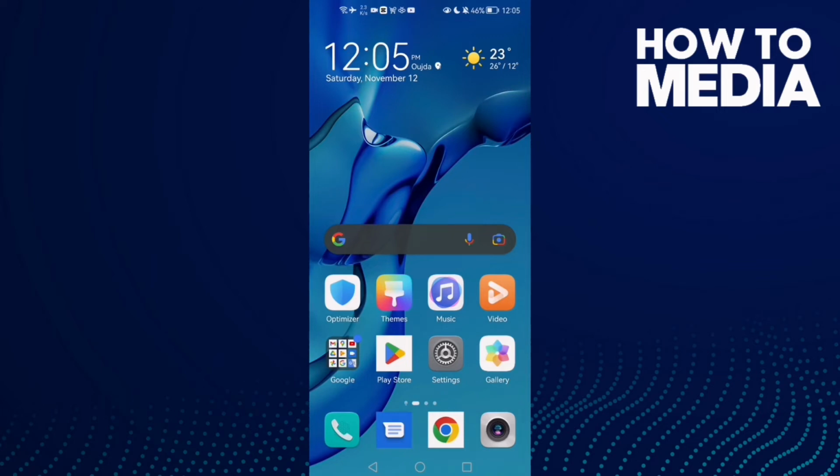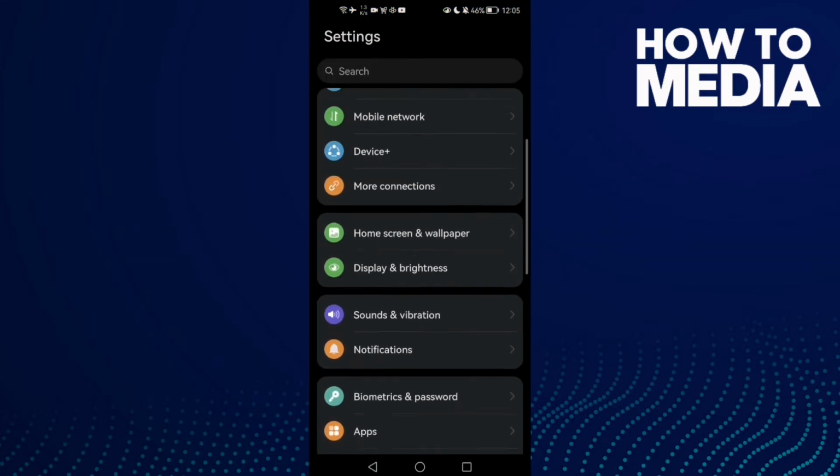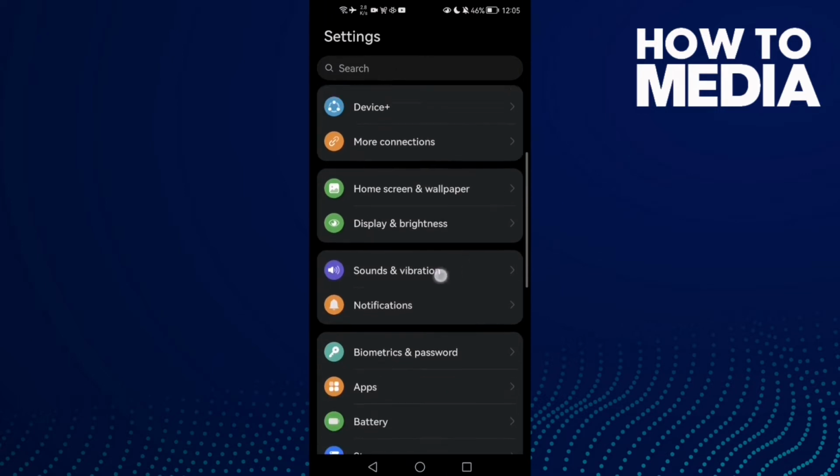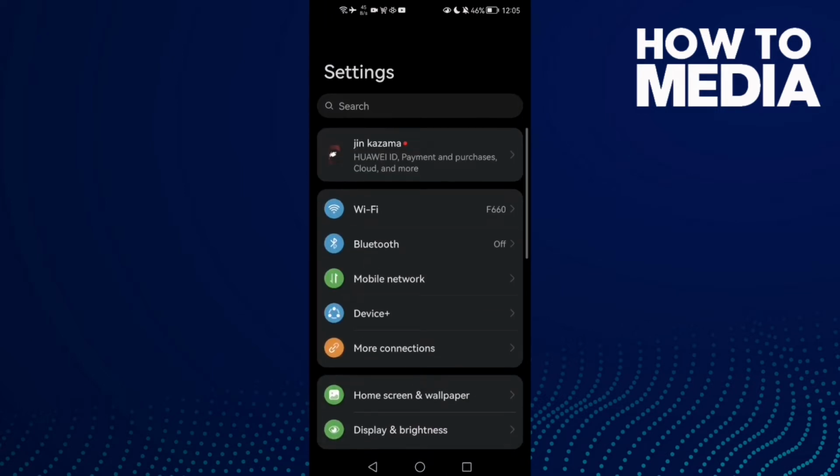How to fix Snap Camera currently running on an Android phone. Hello guys, in today's video I'm going to show you how to fix this problem easy and quick on any Android phone. First, just open Settings and then scroll down